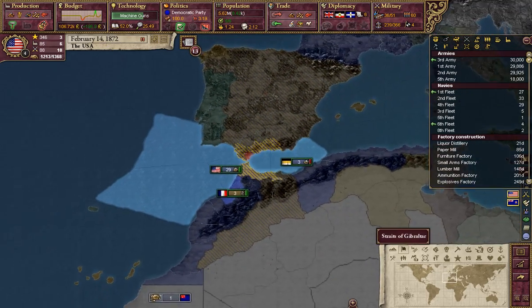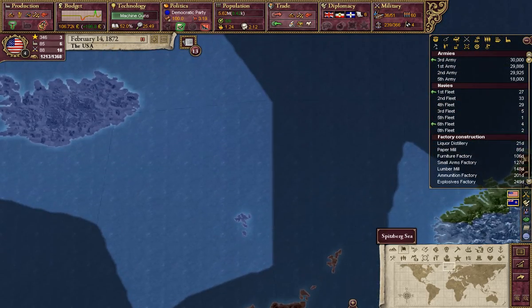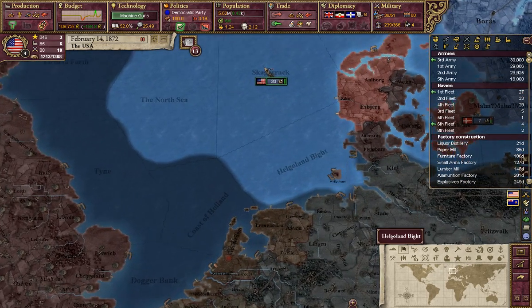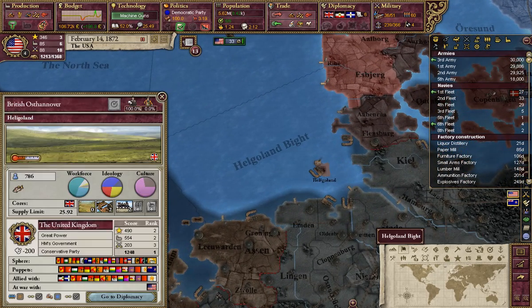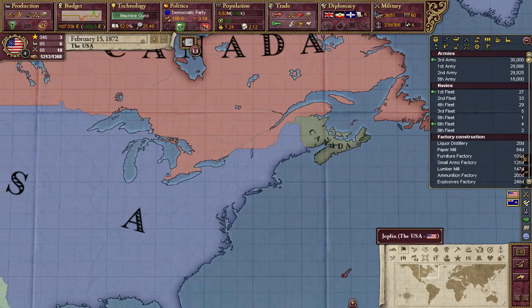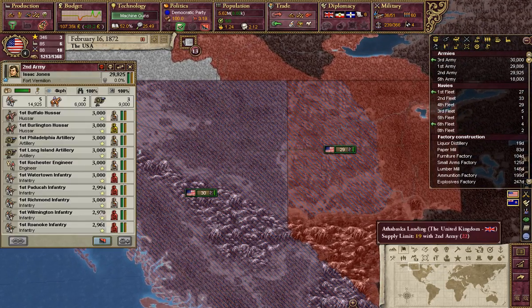And if I can capture Gibraltar, I might even send my troops around Britain, all the way up north here, and then get this little island right there, because that's also a British state. British Ostenover. It's a tiny island. It's pretty funny. And considering catching states counts for war score, it's really worth it. So